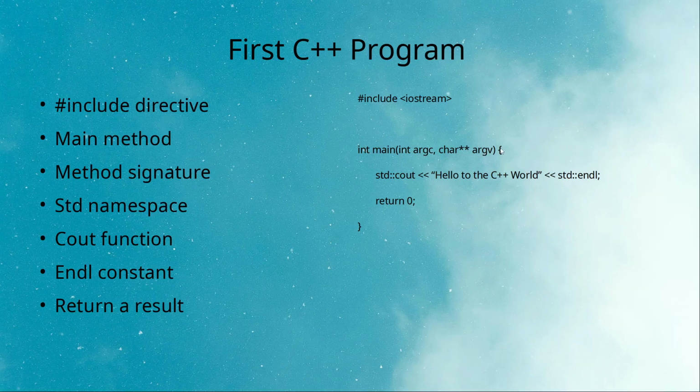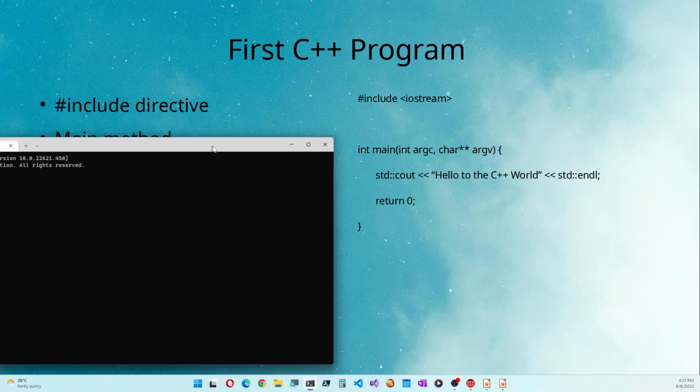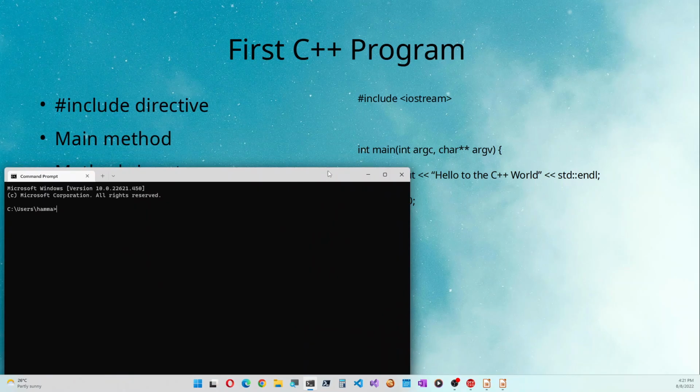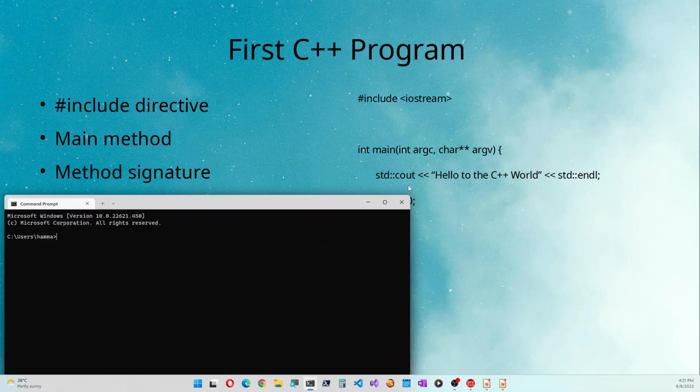Okay, then let's go inside the body of this method. Inside the curly braces, we have the std namespace, std and cout. Cout is the actual command which will show some text on the command line display. So what is the command line display? I'll bring it in here again. So this is the command line display, right?